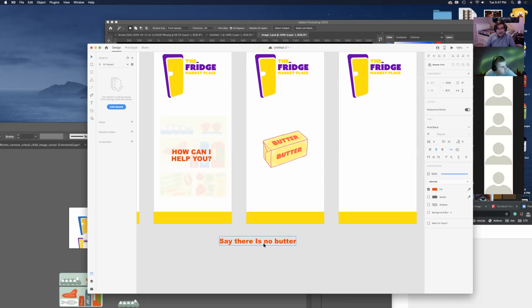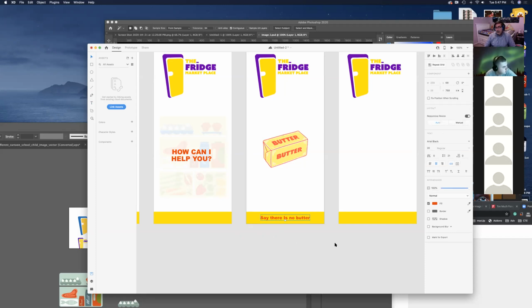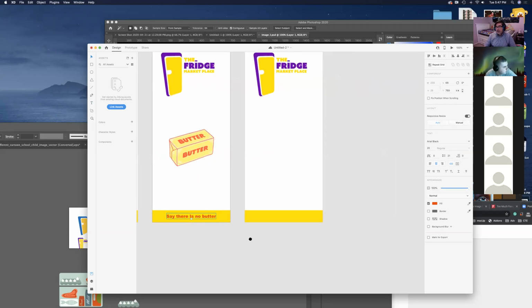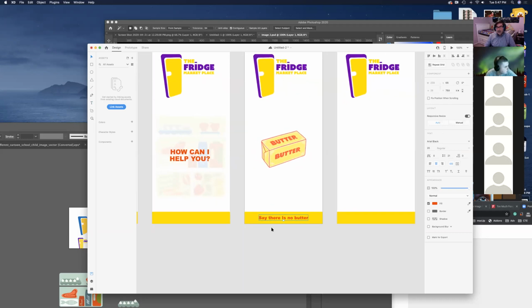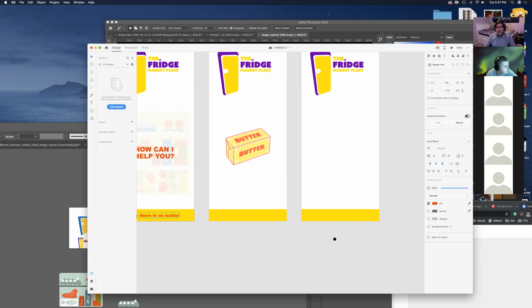Okay, and so we can work with fonts and stuff. But I think this should look fine. All right. So this is what is going to happen right here. This goes on the screen because this is where we are giving the command. There's a question, fridge is asking, and we are going to say there's no butter. Fridge is going to show you picture of the butter,